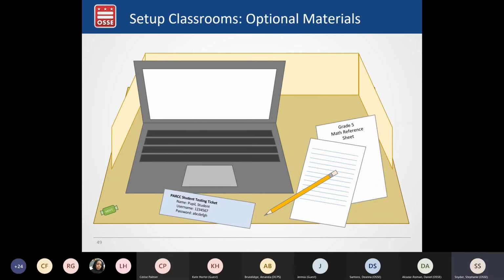There are other materials that can be optionally used by students in the test environment. That includes the paper math reference sheet and something like a divider to minimize distraction. They're not required, but they are allowable. The math reference sheets are also embedded within the TestNav platform, so students really don't need a printed paper copy unless that's something that is beneficial to them and as an accessibility feature or just a consideration, but that reference sheet is accessible through the online platform.